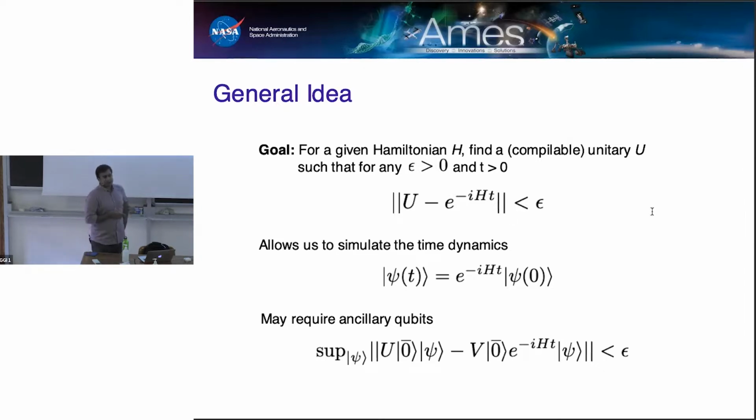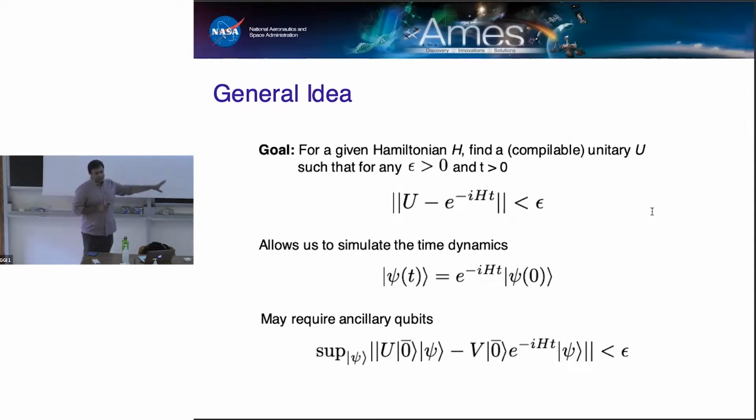Now, if somehow we were able to actually engineer that Hamiltonian H itself, then of course we would be done, right? All we need to do is switch on that Hamiltonian for some time t and let the system evolve according to that Hamiltonian, and that's it, right? But if we had access to such a Hamiltonian, that means that we have access to the system itself. And what we're really doing is letting the system simulate itself. That's broadly the idea behind so-called analog quantum simulation.